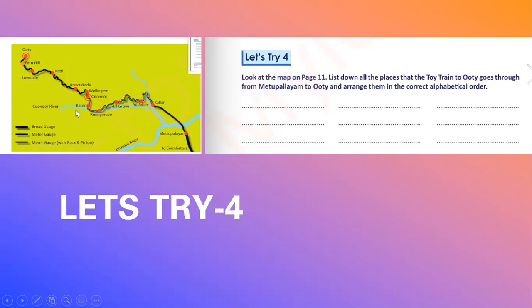Kallar. After that Kateri. After that Ketti. Yes, because K-A-L, K-A-T. After L only T will come. And after that K-E, the next letter is E. So you have to identify them and then put them in alphabetical order.